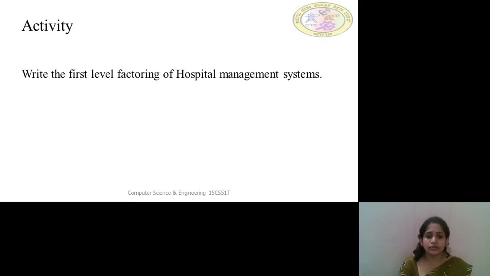So these are the different modules we can think of, and we can never assure that the output of the first level factoring will always give an input in its physical form. There may be chances that the output of this first level factoring is also at a high level. Then we cannot leave it as such. Again we can consider the particular input module, suppose, as I said, billing. We can take billing as one input module that will serve the central transform.